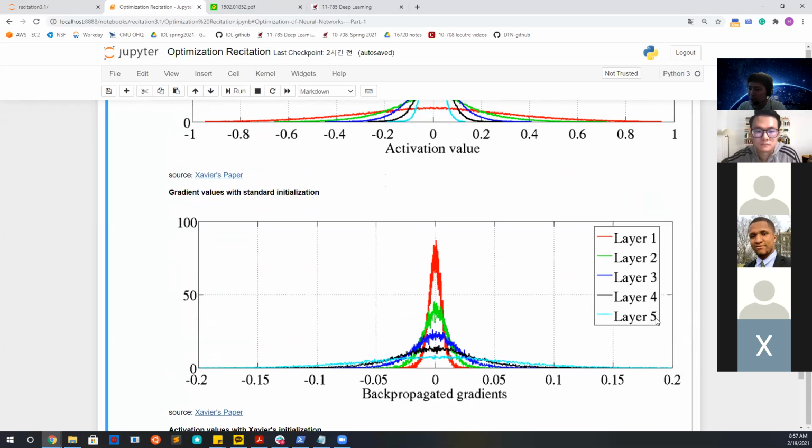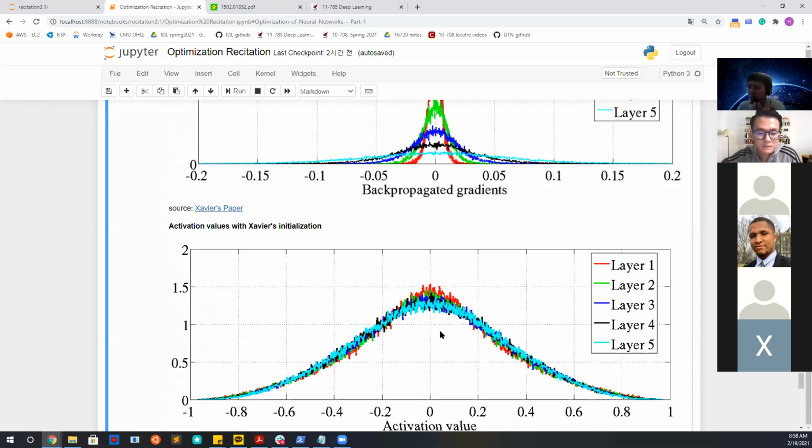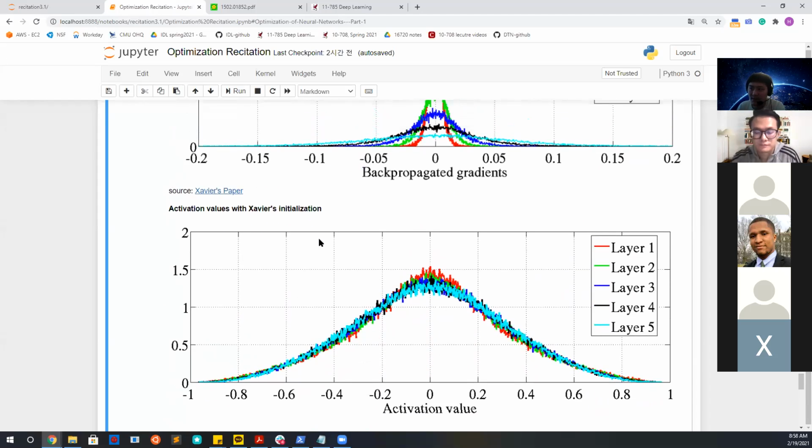If you start from layer 5, and by the moment you're reaching layer 1 your gradient is near 0, you won't be making much of an update of your network parameters. But instead, if you use Xavier's initialization, which also tries to initialize your network parameters as a Gaussian distribution, you can see that